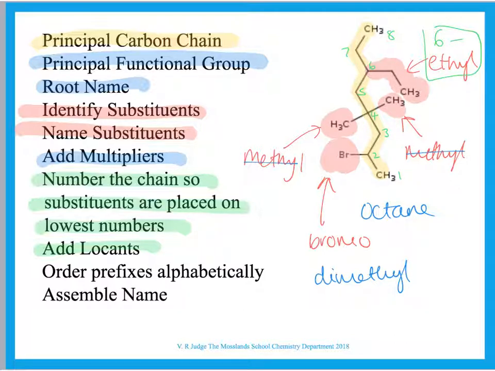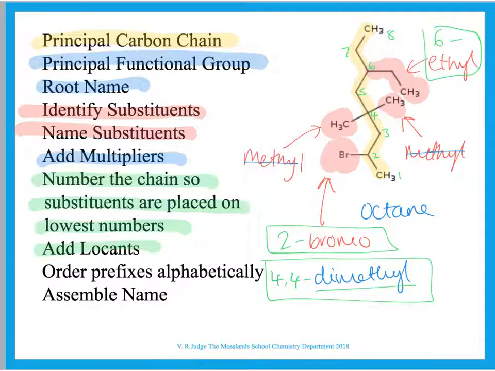Your dimethyl group, this is an interesting one. Both methyl groups are on carbon number 4 here, one that way and one that way. Now you do actually have to say where both of those methyl groups are, which is a little bit strange. So although both of them are on the same carbon atom, you have to list both of them. So the first one is on carbon 4, the second one is on carbon 4, dimethyl. You have to put the 4 twice. So that's quite important and a little bit strange and seems like a waste of time. And it probably is, but never mind. So 4,4-dimethyl. And your bromine atom is on carbon number 2, so you've got 2-bromo, so there's another prefix,